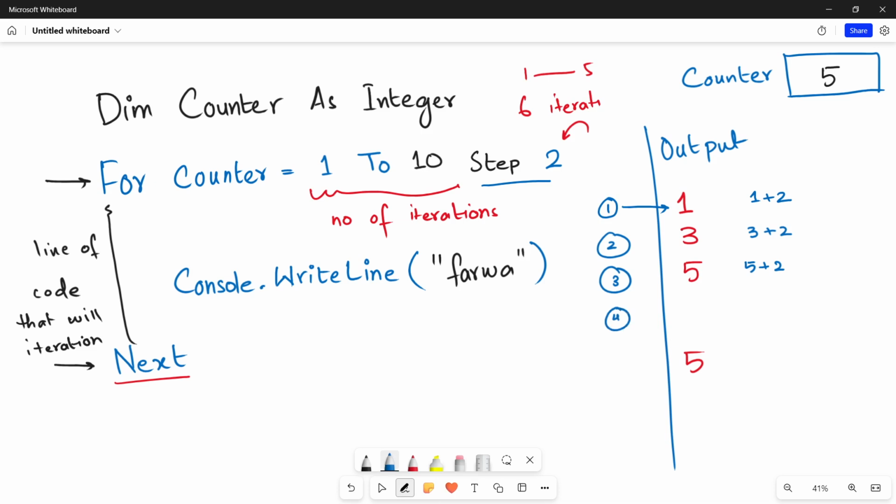In the fourth iteration, there will be 7 written on your screen, and for the counter value 7, when you increment it by 2, it becomes 9. So you will see 9 in the fifth iteration. So this is your output. Now for the next iteration, when you see that the counter value is 9, so 9 plus 2 becomes 11,